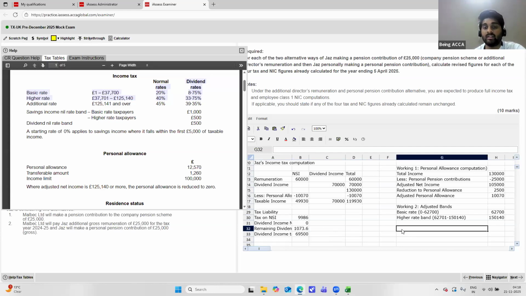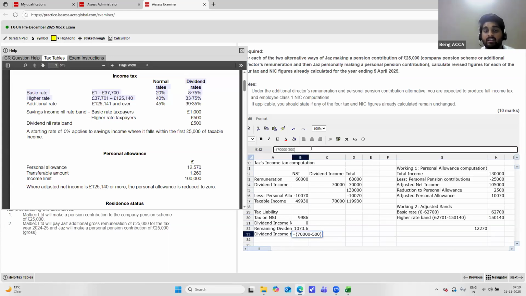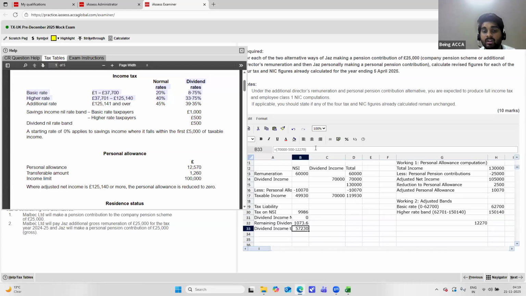It should always be calculated as a total of 62,700. This is just rough work to show it to you guys. You don't have to retain this value. Okay. 62,700 minus 49,930 minus 500. As you already know, it's 500 over here. This will give us 12,270. So 12,270 has also been utilized. Correct? So this should also be deducted over here, giving us a total dividend income of 57,230, which will be